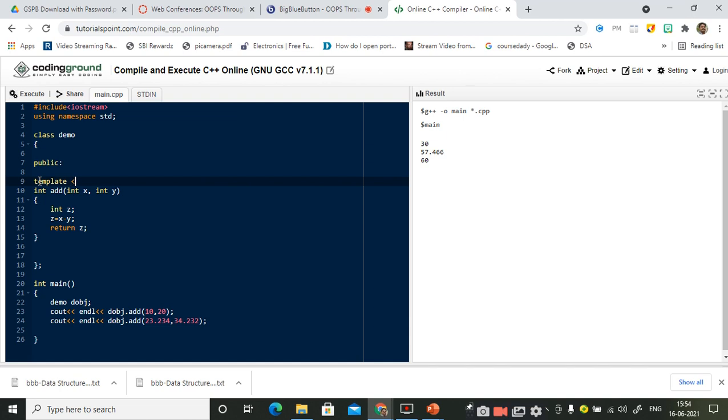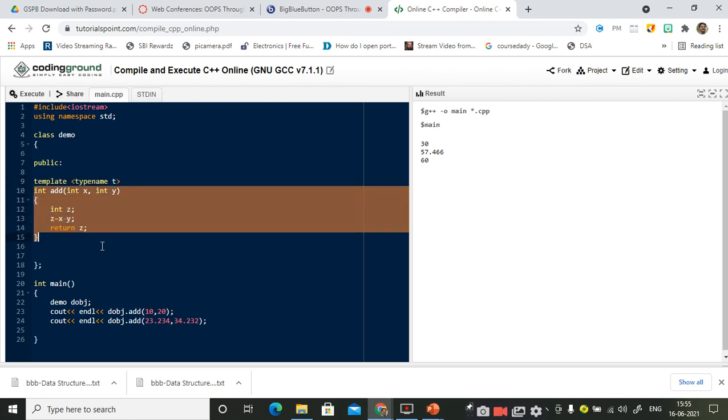And after that you start the angle brackets, and within the angle brackets you give typename. Typename is also a keyword, right? And after that you give some name to this typename. Let me call it T. You can give any name, it's not only T, you can give it as A, B, or your name is also acceptable, right? So this statement will tell the compiler that the succeeding function is a template function.